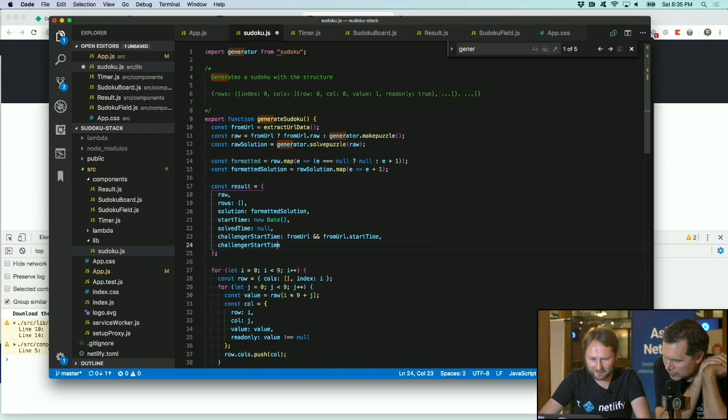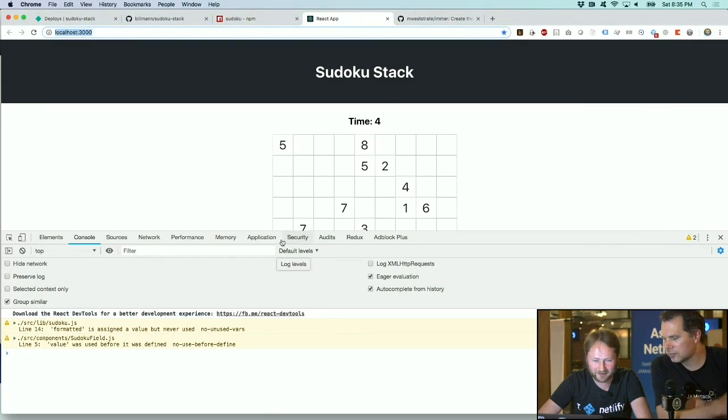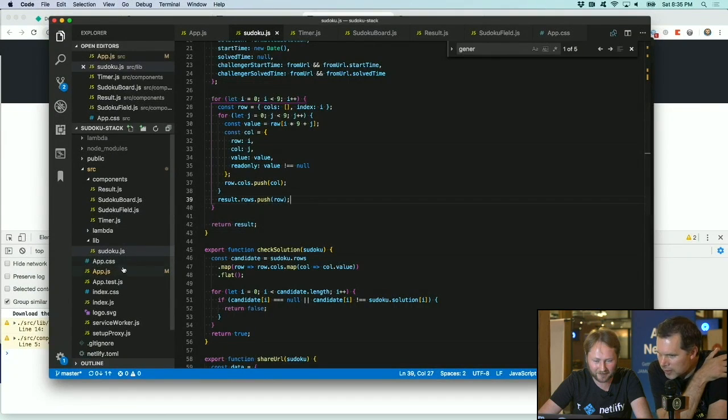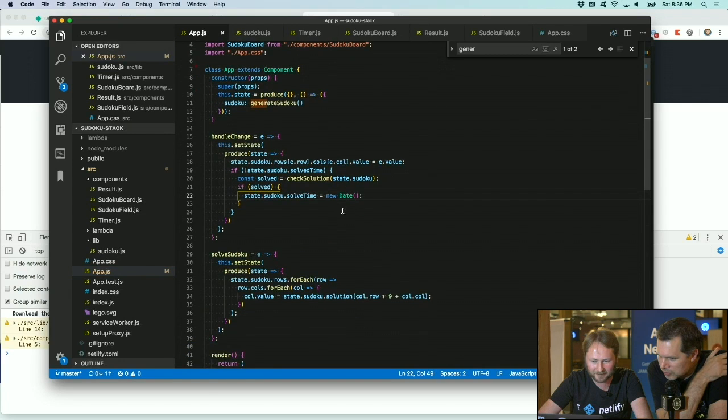And we call it challenger solve time. Okay, so now in theory, we should have all the information to know if there's a challenger and a URL and so on. So now we should just figure out, if we actually solve this Sudoku,